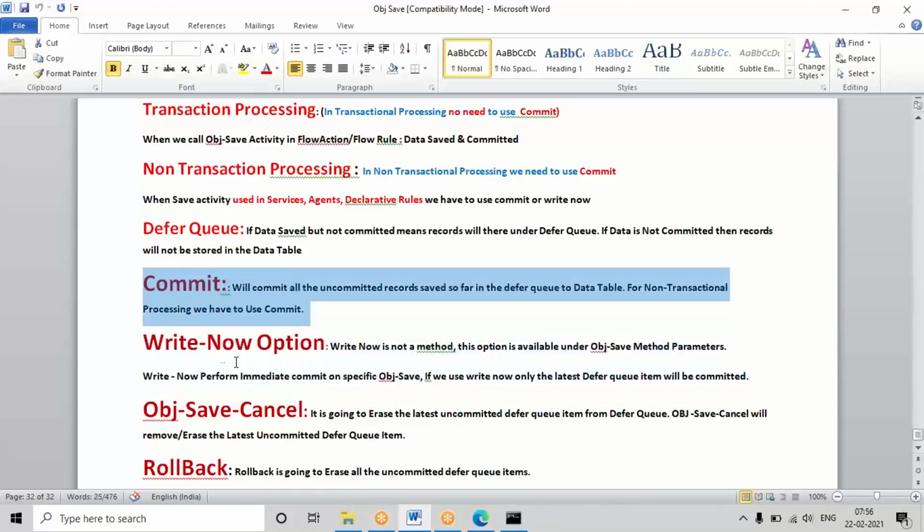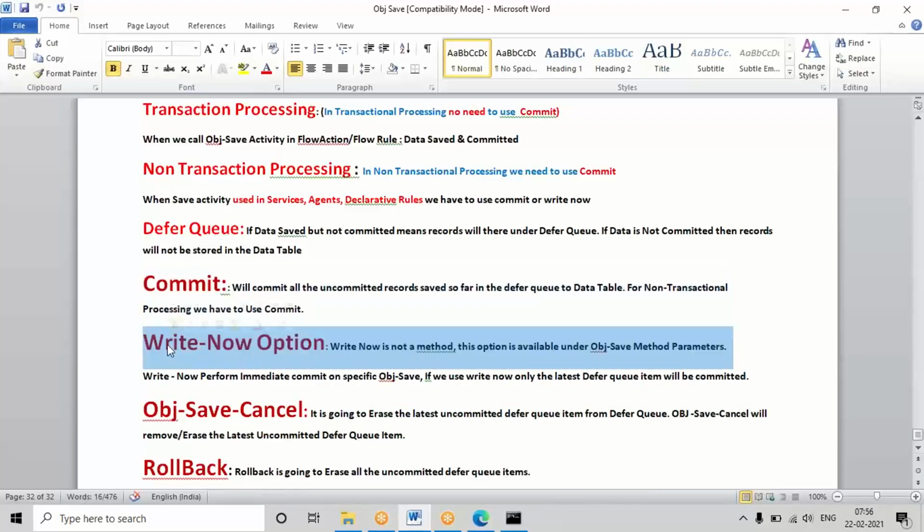Commit is a method, and Right Now is an option available under the obj save parameters. In the obj save method parameters, you'll get an option called Right Now. Using these also we can perform commit. What the commit method does is commit all the uncommitted records at a time, and Right Now commits one record at a time, only the latest specific record.